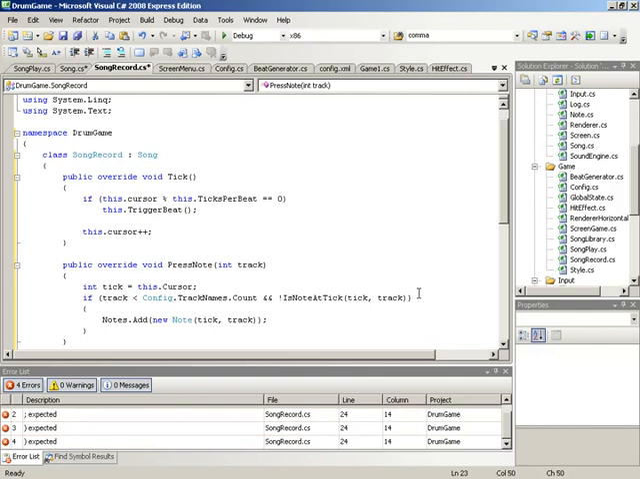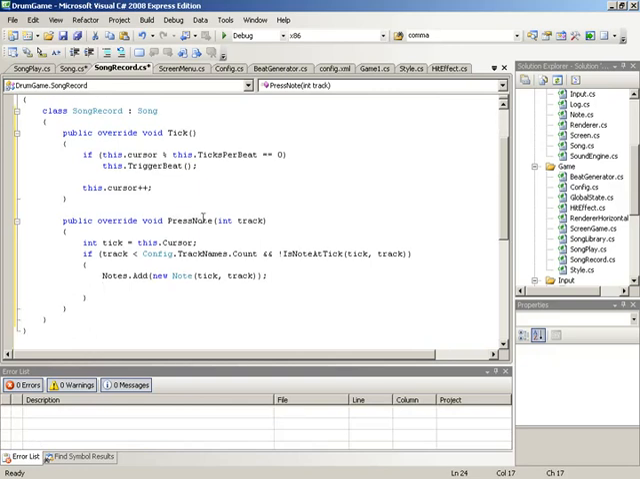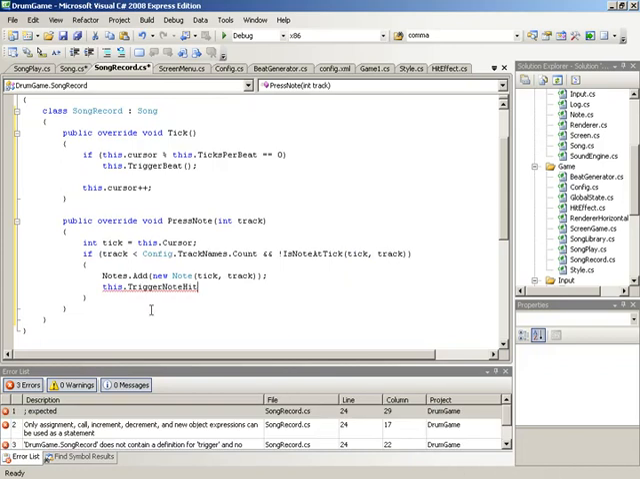To finish off our call to notes.add, we also want to fire off the note hit event so that we can watch this operation take place back inside of our game. Again, since there's the possibility that press note will not indeed create a note, we want to make sure that we only respond to notes that really do get created. So in here we'll fire off a call to this.TriggerNoteHit,